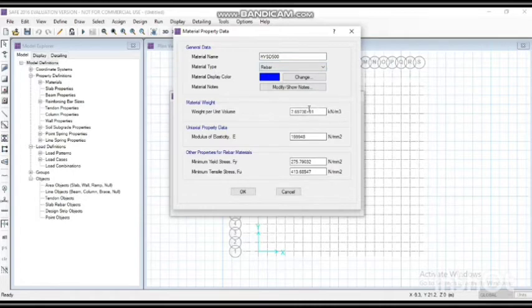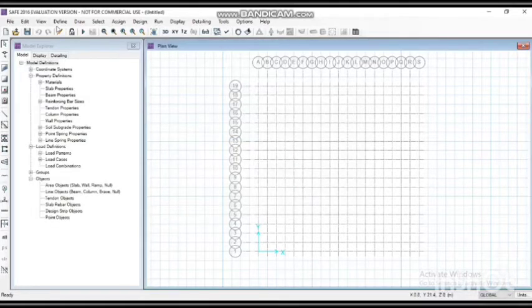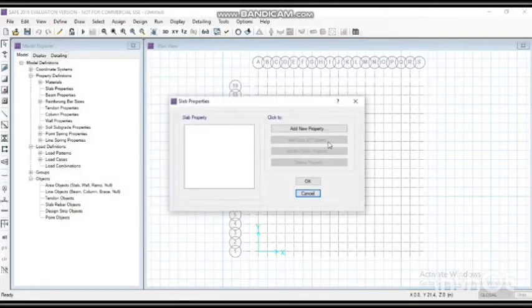Then change all the properties such as material weight, modulus of elasticity and all other properties. Click on OK to exit. Again, we have defined two properties, M40 and HYSD 500. Click on OK.